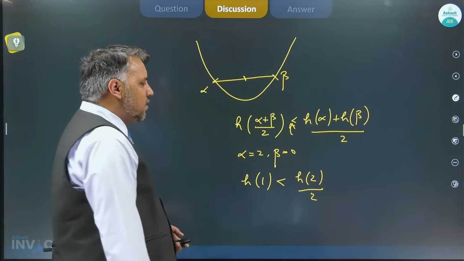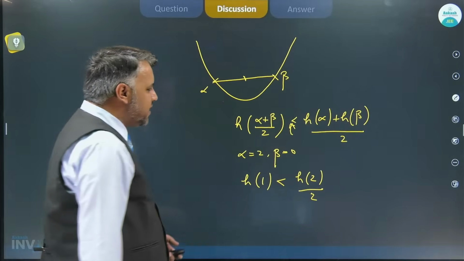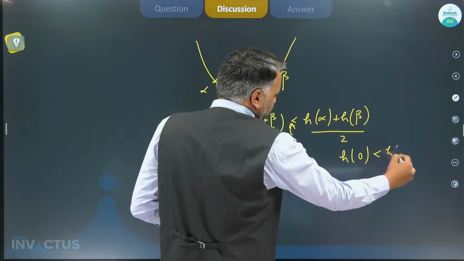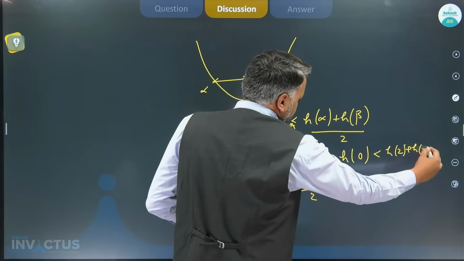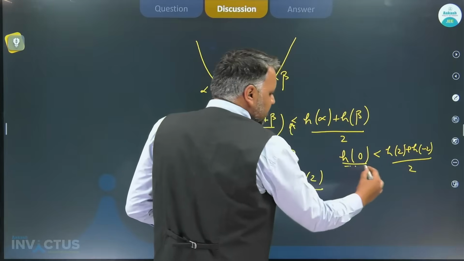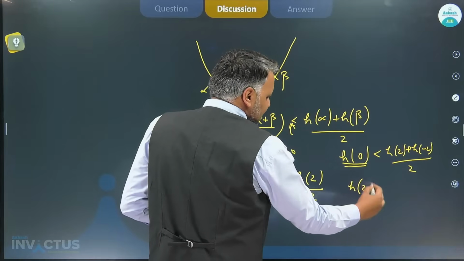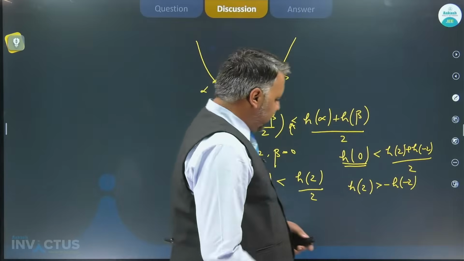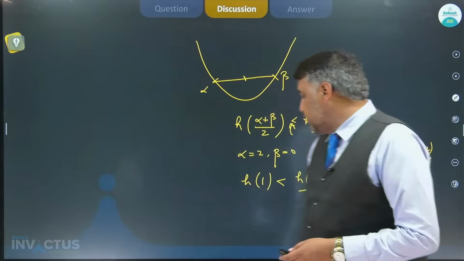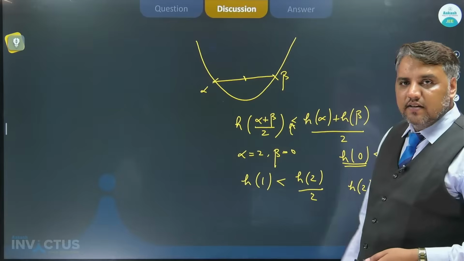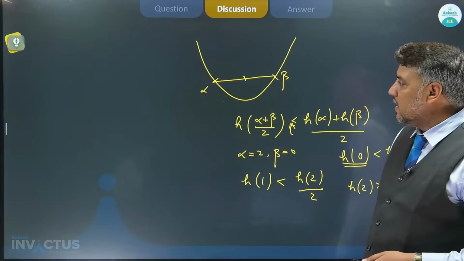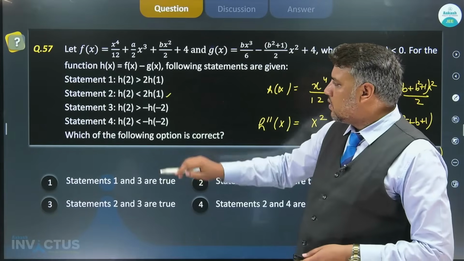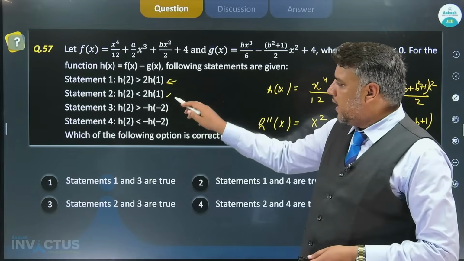Put alpha is equal to 2, beta is equal to minus 2. This will be h of 0 smaller than h of 2 plus h of minus 2 divided by 2, and this is 0 only. So h of 2 is greater than minus h of minus 2. Okay, so h of 2 is greater than 2h of 1 and h of 2 is greater than minus h of minus 2. So this is the option, and